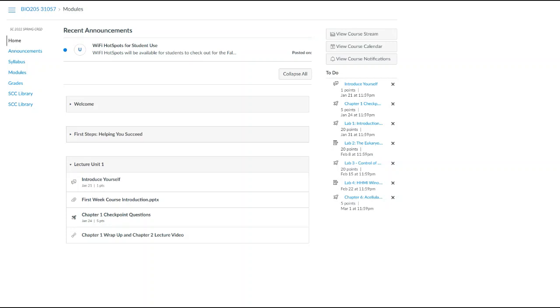Let's take a moment and just familiarize ourselves with Canvas and how it'll work. So you'll find these units, which will have all of the information you need. It'll have your PowerPoints, your link to the recorded lectures, and your assignments. This will be lecture unit 1. We'll have a lab unit 1 posted as well. Here's the introduce yourself, where you can get a point for just saying hello to everyone and telling us about yourself. Here we can see we'll have the first week course introduction PowerPoint available to you,